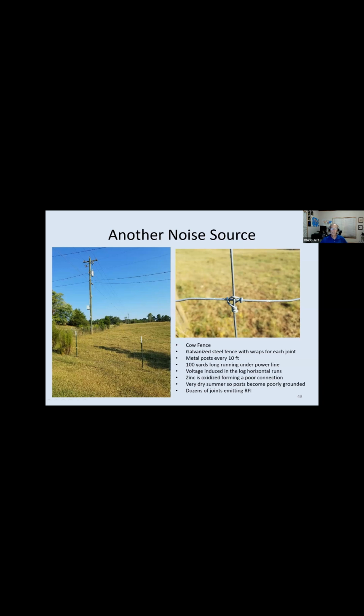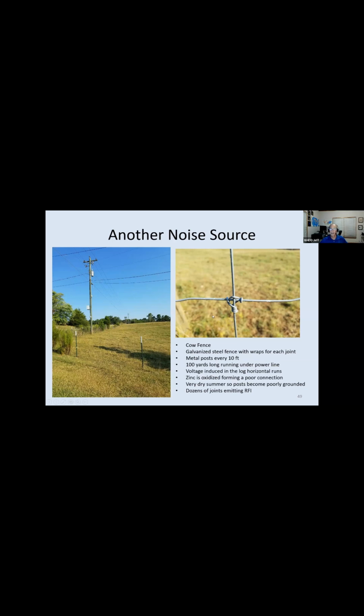I just happened to have the dish out one day, and I swept along the base of the pole, and I got some really strong hits. Turns out there's a cow fence here, and the cow fence is made of galvanized wire, and the verticals and the horizontal wires are tied together with this wrap. Well, this is a corroded joint. That horizontal line, which is running along this power pole for probably half a mile, is getting voltage induced from